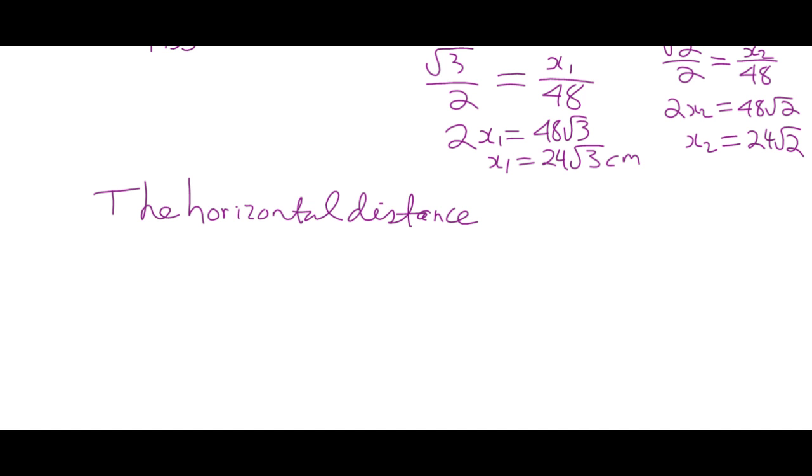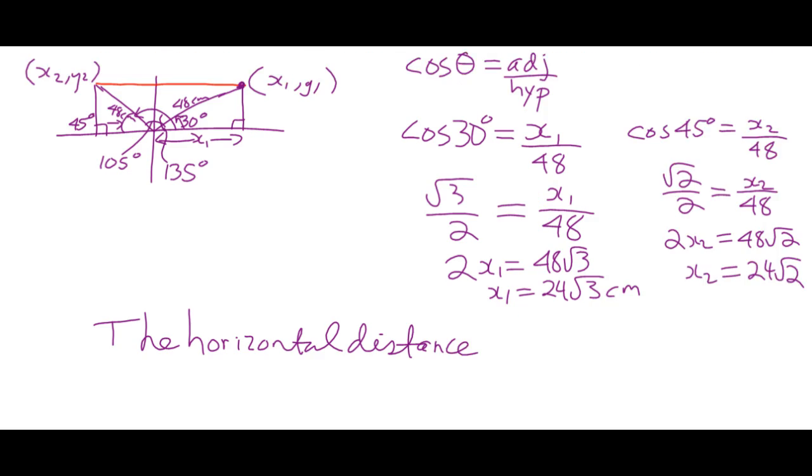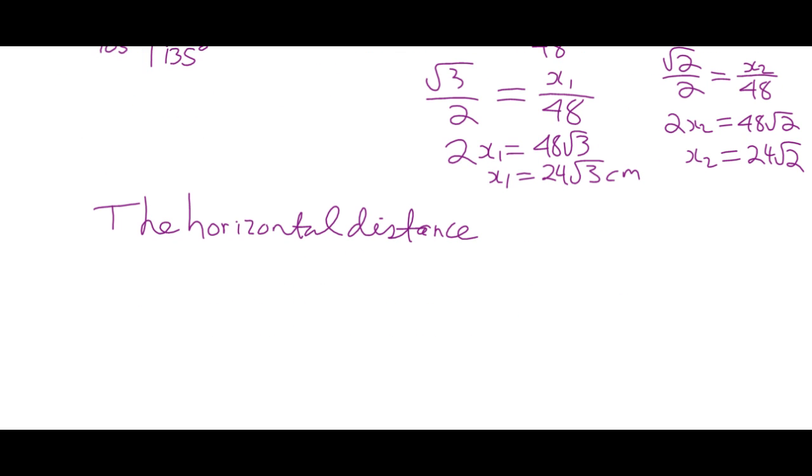And all you do is repeat the question as a declarative statement. In other words, you just take off the what, and you say the horizontal distance. What did they say? Determine the exact value. Okay, so you could say the exact value of the horizontal distance that the tip of the blade moves in one swing is, or the horizontal distance moved by the tip of the blade